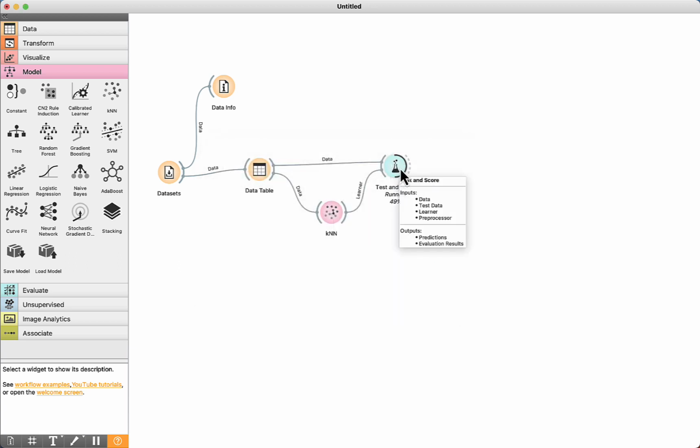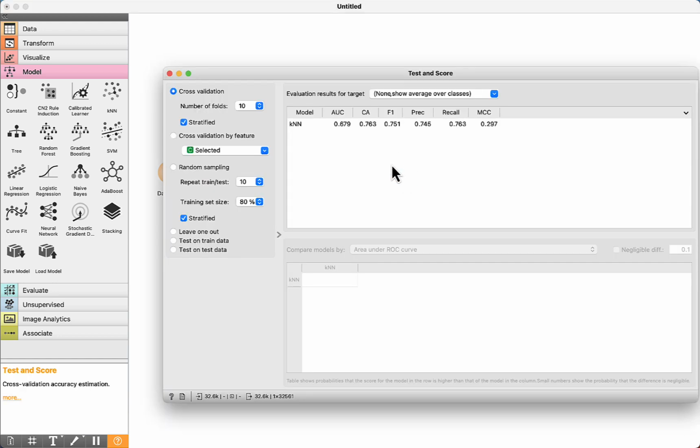After the process is complete, double-click on the Test and Score component and see here that the classification accuracy is 76%. For this test, I'm going to use random sampling, 80% of the data to train and 20% of the data to test. We can see that the classification accuracy is